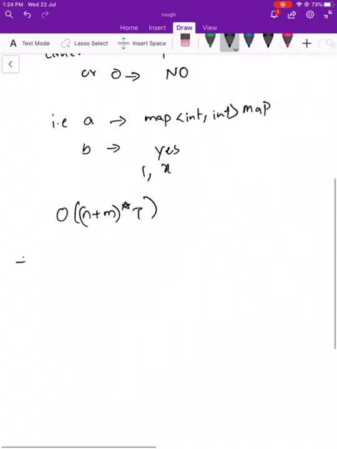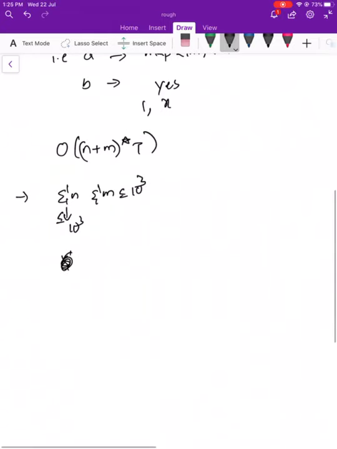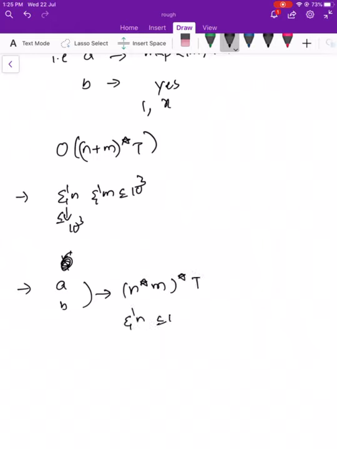But since it is given in the constraints that the sum of n and the sum of m are less than or equal to 10^3, an easier solution is, for each element in A, see whether that element is present in B or not. The time complexity of this will be n times m times t. Since sigma n is less than or equal to 10^3 and sigma m is less than or equal to 10^3,